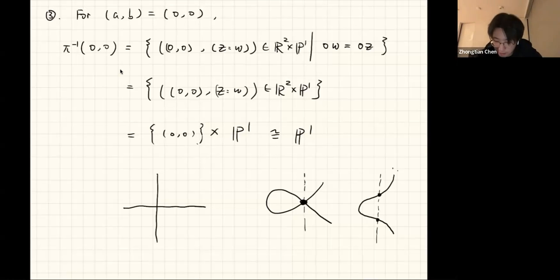Because in the plane, at this point it's bad, right? We have two tangent vectors, two choices of tangent vector. After you apply the blow up,